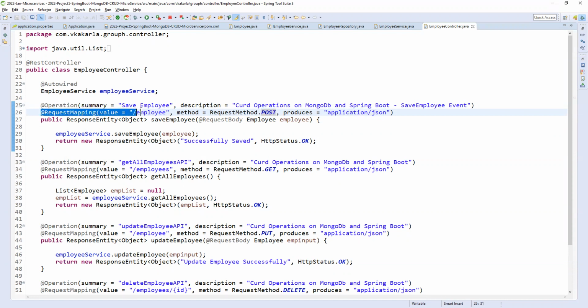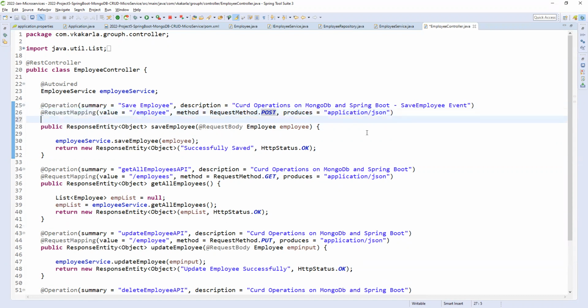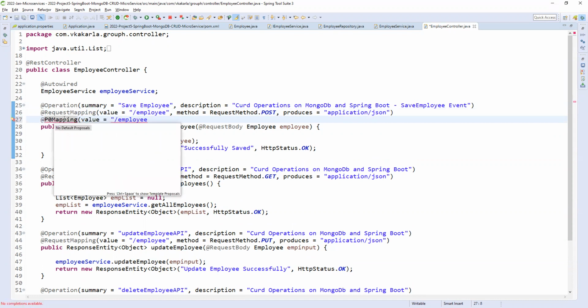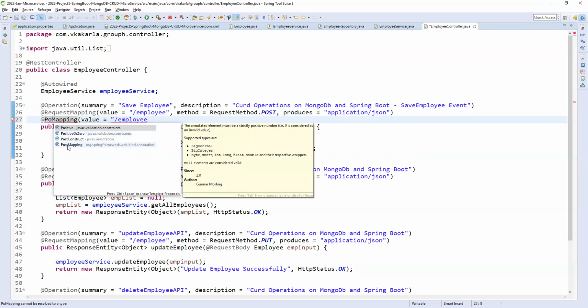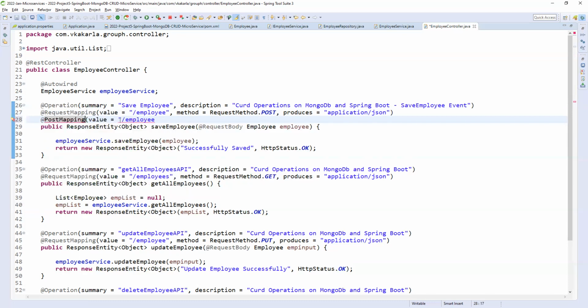So instead of this, directly we can use post mapping like this also. So I'm commenting out this. Fine. So like this we can use.